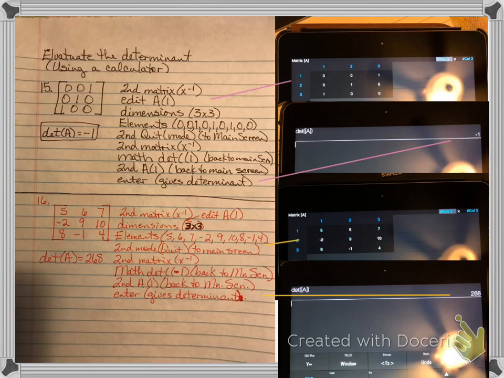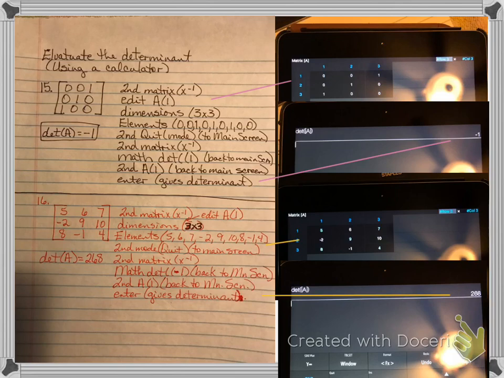From my main screen, I go second matrix, math, and 1 is for a determinant. And then that'll take me back to the main screen, and I do second matrix 1. I forgot the matrix part in there. I'm sorry. Second matrix 1 for A, and that will send you back to the main screen again,